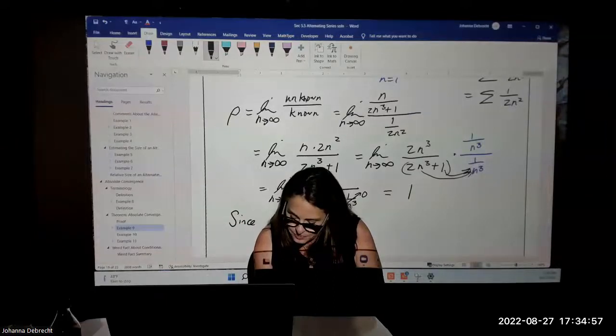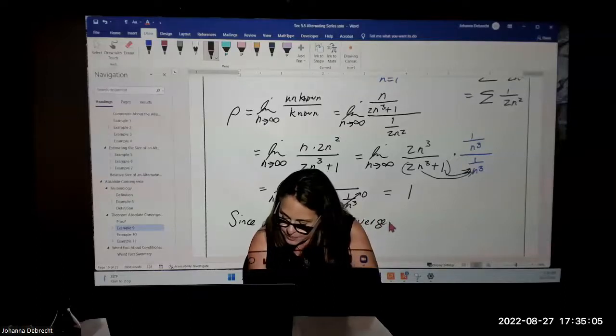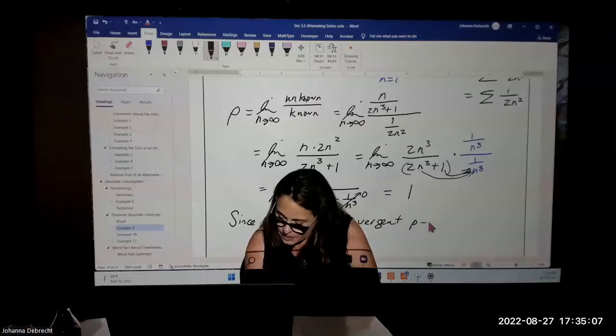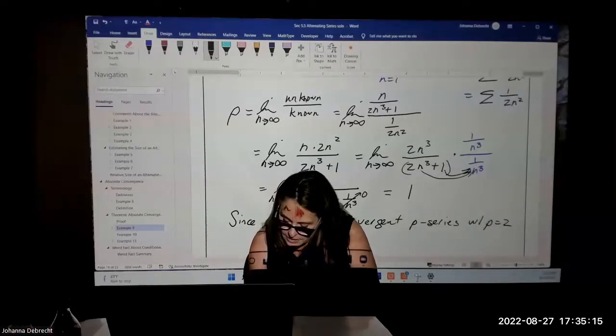Since the series 1 over 2n squared is a convergent p-series with p equal to 2, and rho is equal to 1, by the limit comparison test,